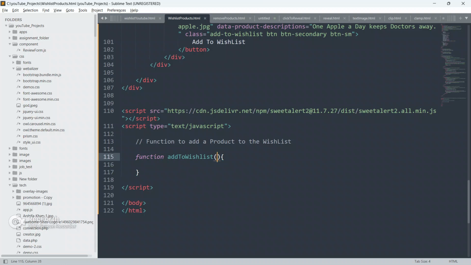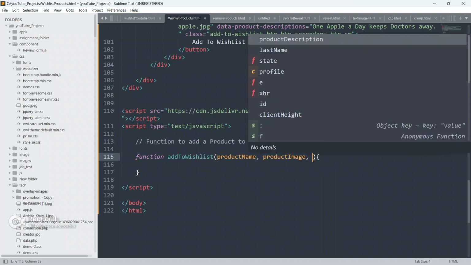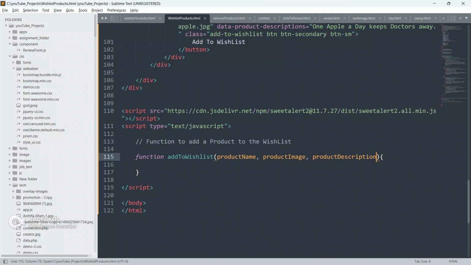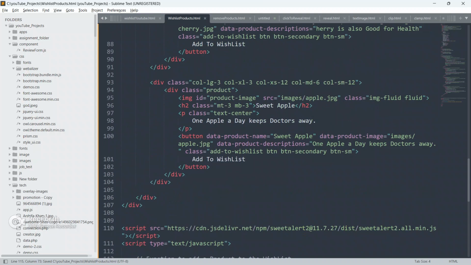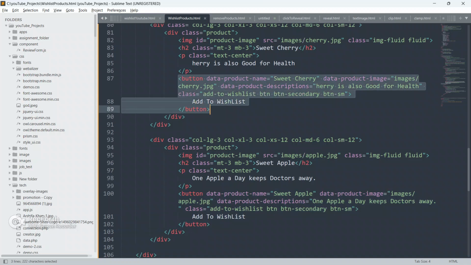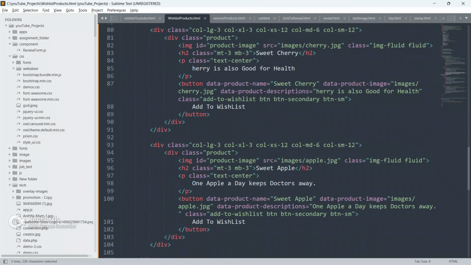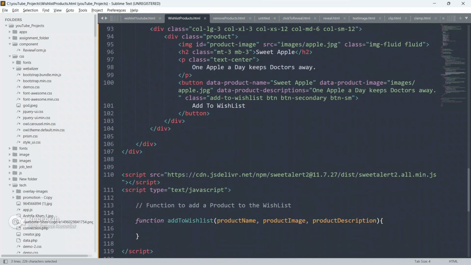Inside this, we have to define some parameters: product name, product image, and product descriptions. Because you can see, as I have already explained, on every button element we have got some data attributes, and it is this data product name.